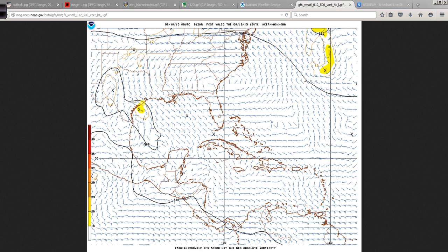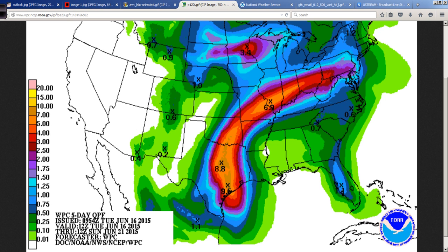And so this is Bill right here reflected in the 500 millibar pattern, and it's very easy to see that it's just going to kind of follow this stream flow up and over this big old ridge of high pressure. And if we go back to the precip map, that lines up very well with what we see here with